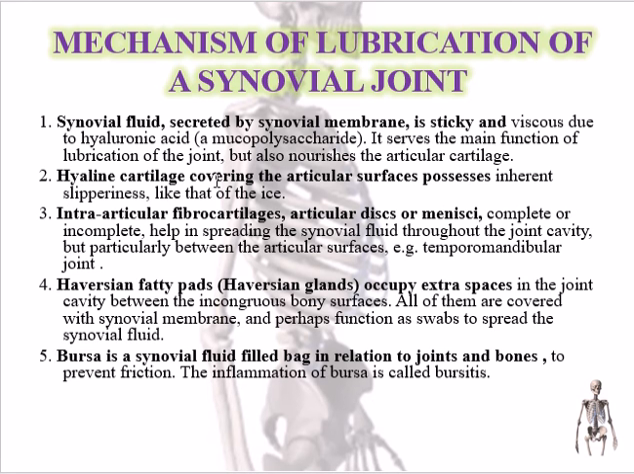Number 2, hyaline cartilage covering the articular surfaces possesses an inherent slipperiness like that of ice. Number 3, intra-articular fibrocartilages, articular discs or menisci, complete or incomplete, help in spreading the synovial fluid throughout the joint cavity, but particularly between the articular surfaces, for example temporomandibular joints. And number 4, Haversian fatty pads, also called Haversian glands, occupy extra spaces in the joint cavity between the incongruous bony surfaces. All of them are covered with the synovial membrane and perhaps function as swabs to